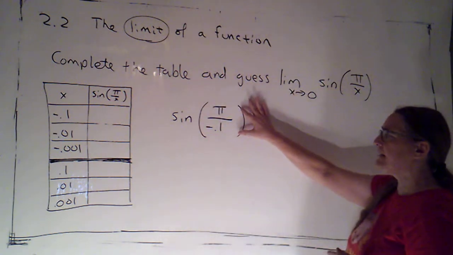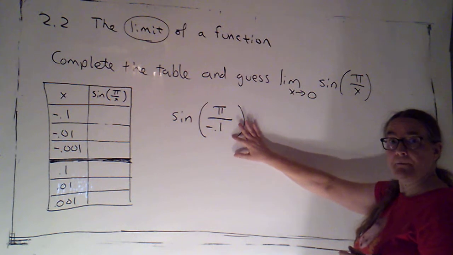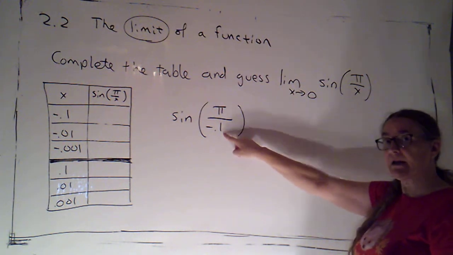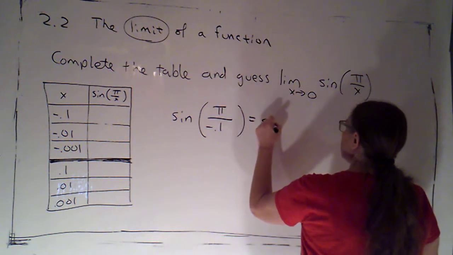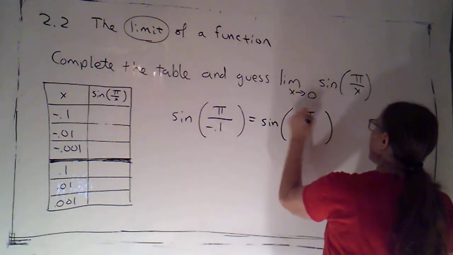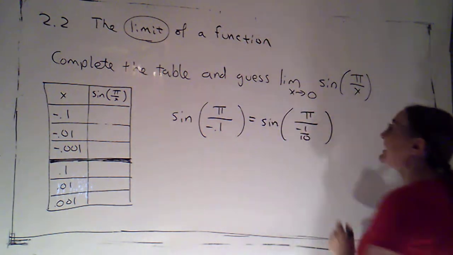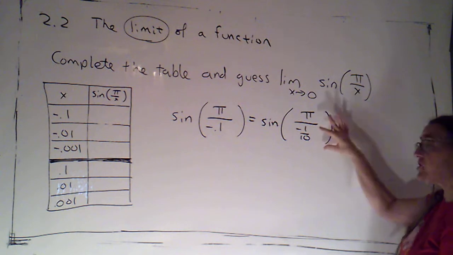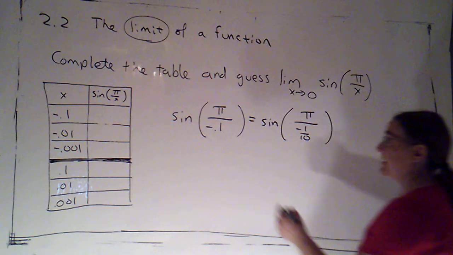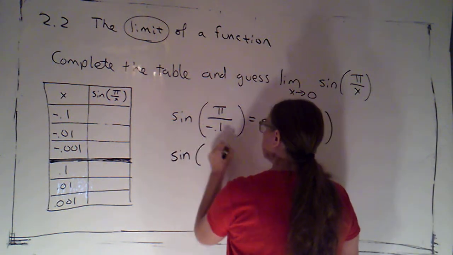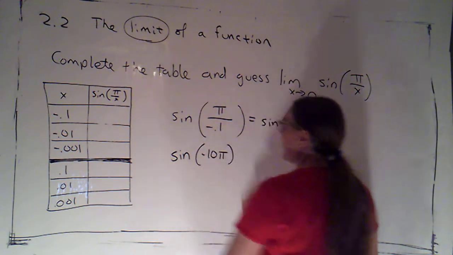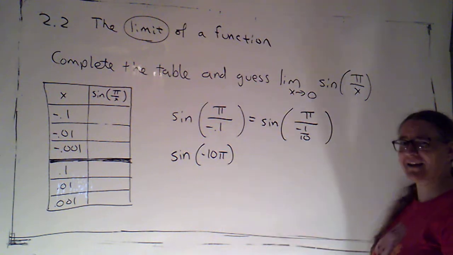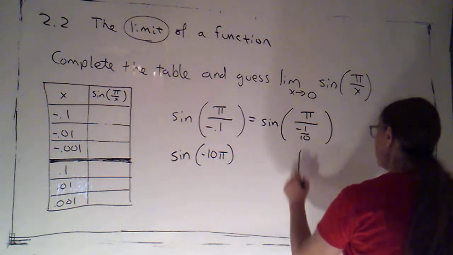so I'm getting sine of pi over negative 0.1. It's going to be easier to see what I want to do if I rewrite that decimal as a fraction. So I'm going to write this as sine of pi over negative 1/10. And I know that when I divide by a fraction, I just flip and multiply. So that would be sine of negative 10 pi. Now that I see that, it looks a little more reasonable that I should be able to evaluate that without